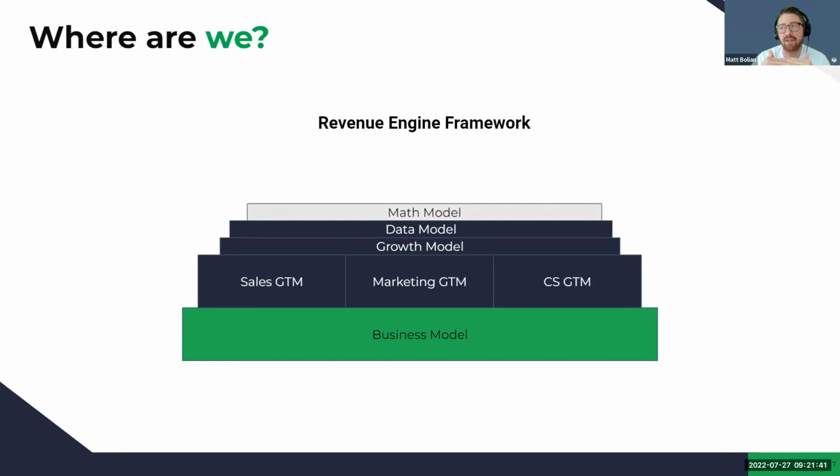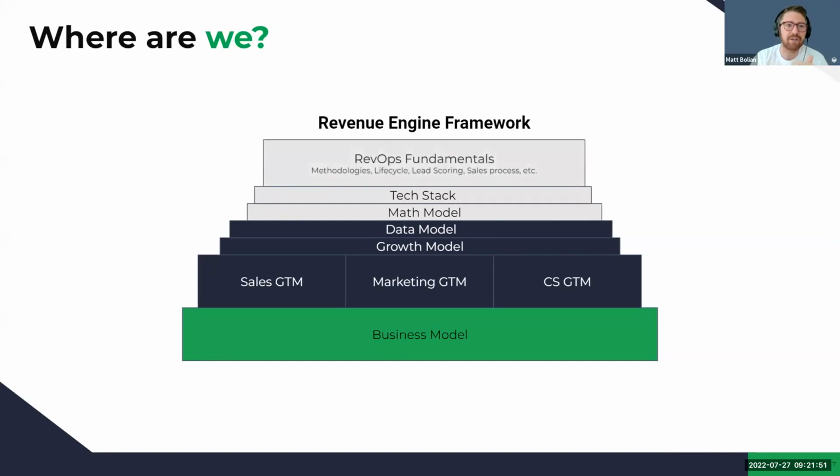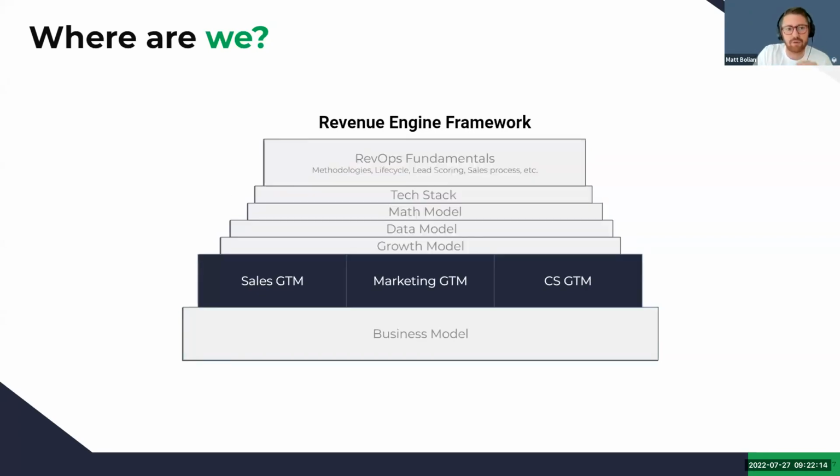On top of that, you then have the math model, which we'll talk about later today. We'll have the tech stack that's going to enable all of this to work, which we'll talk about at the end of today as well. And then at the top of this, which we'll start talking about on class 5, is RevOps fundamentals. That's great. Now, how do I configure this in a way where I can start actually using the data model to say whether I'm being successful in hitting my targets? How do I do the measurements? How do I effectuate that? So that's where we're going. This is what we're about to talk about now. I'm so excited. This is gonna be fun.